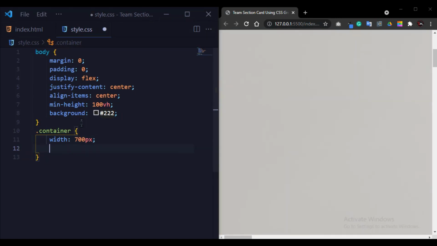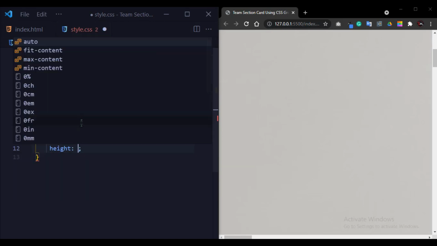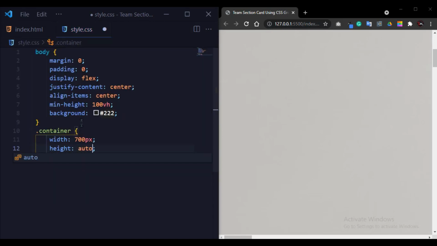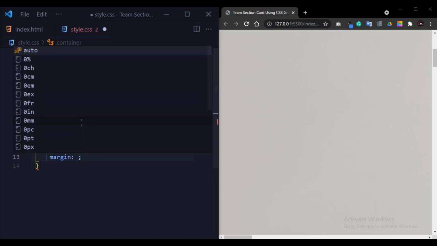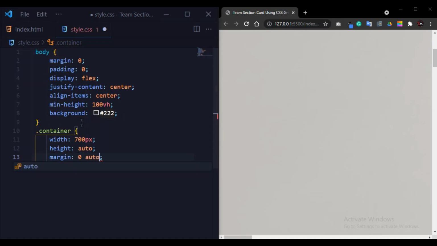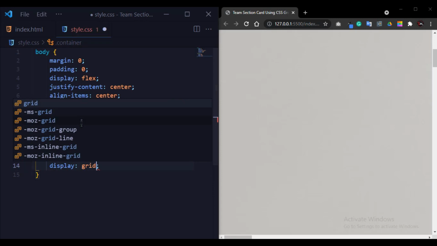I think it's enough. Now the height will be auto. Now I will set the margin 0 and auto. So now here I will use the CSS grid. First of all, I will write display grid.